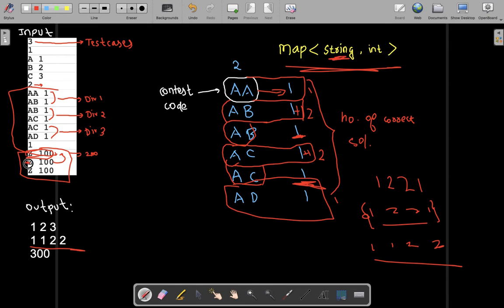Then again it's z, so this 100 will be added here again. So this will be plus 100, and total will be 300, right? So that's our output.